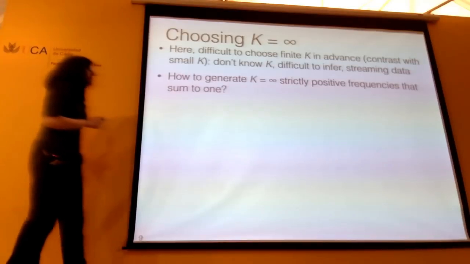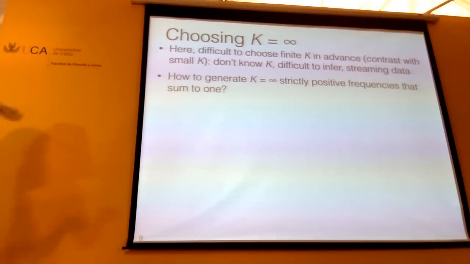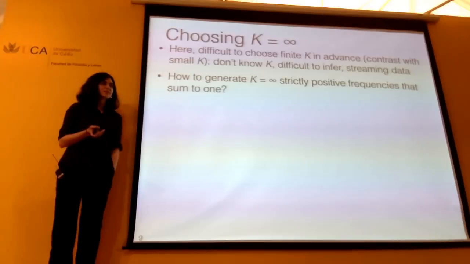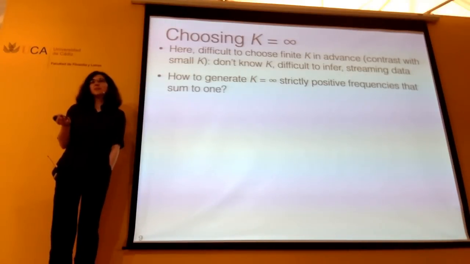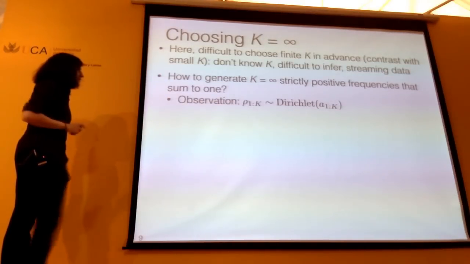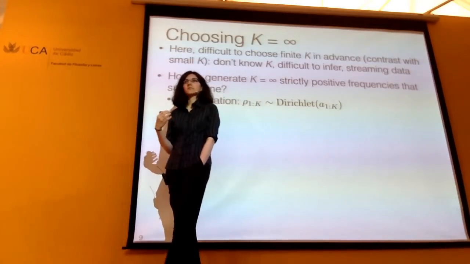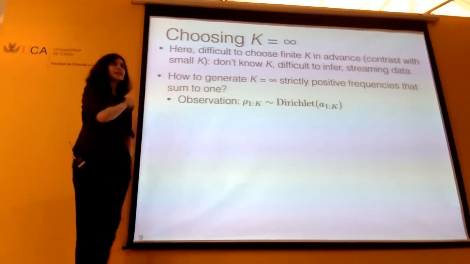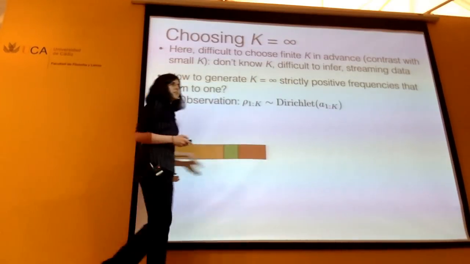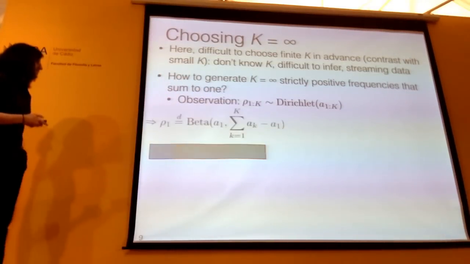Well, in order to get at a solution to that problem, let me tell you another way that I could have generated a Dirichlet distribution. I mean, technically speaking, I haven't told you any way that I could generate a Dirichlet distribution. So in some sense, this might be the first way. But there are other ways to generate a Dirichlet distribution, but this is the one that I'm going to tell you. So, okay, I'm interested in generating a Dirichlet distributed vector, rho 1, rho 2, rho 3, etc. And it's going to look like this. Here's my cartoon again. Unit interval 0 to 1, from rho 1 to rho 4.